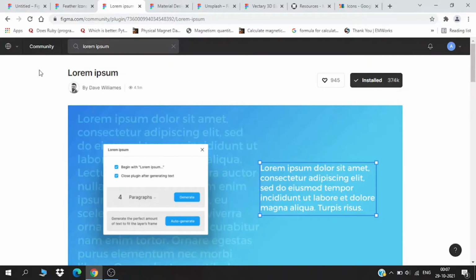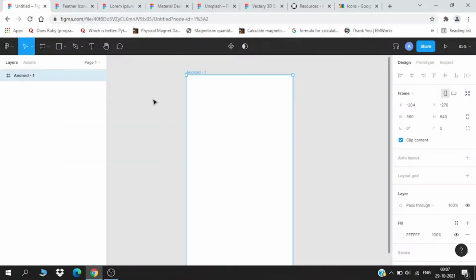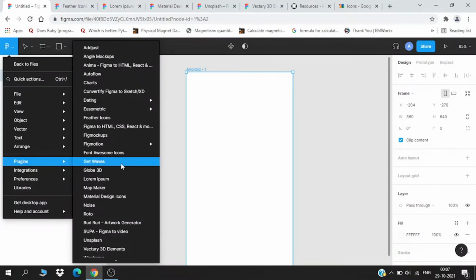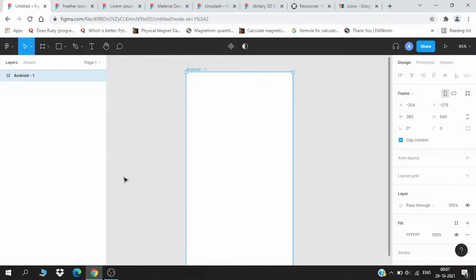You can see the icon in it, and what this plugin does is generate random text. If you are making any website design or a sample design, rather than just copy-pasting text from some other website or typing on your own, you can just go through this plugin. Let me show you what it does. Where is it? Yeah, here it is. So what this plugin does is it will show you